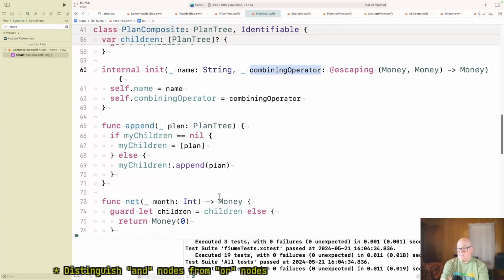Each scenario stands on its own, generates its own net data and all that stuff. And so there's no reason to combine them in any way and worry about should it be the max or the average or the this or the that. We're going to take the possibilities and generate the whole set of things. And we're not combining separate scenarios in any way. Now, maybe we should somehow, but we're not.